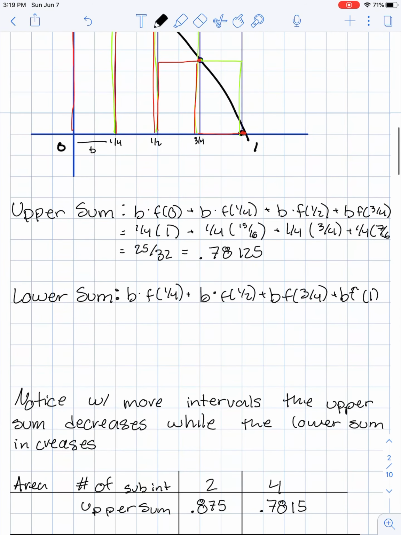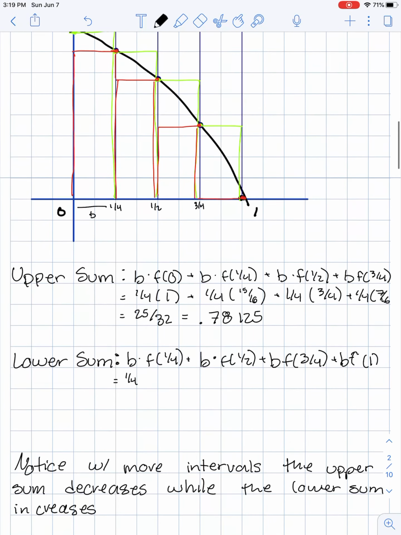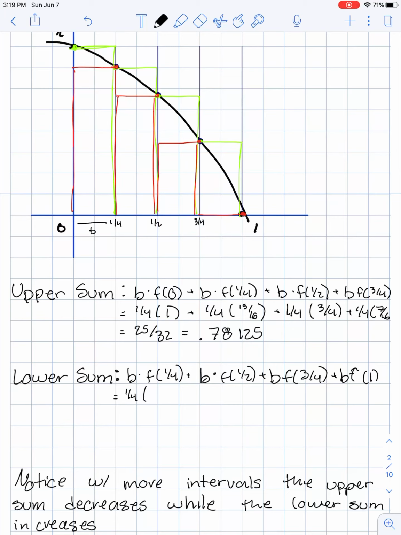All right, and then I can plug in, my base is 1/4, ooh, no spoilers, 15/16 plus 1/4 times 3/4 plus 1/4 times 7/16 plus 1/4 times 0. So that's going to simplify to 17/32, which is